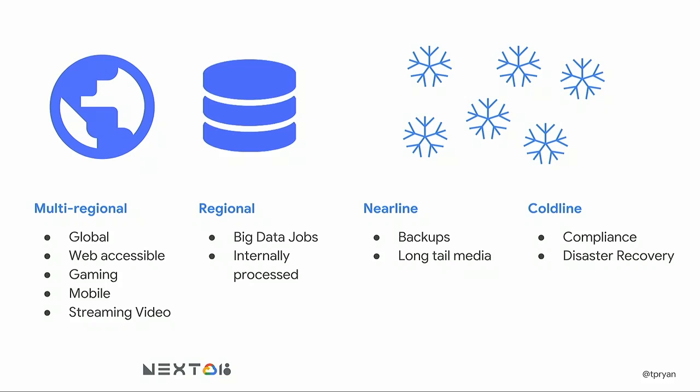Then we have two other options, Nearline and Coldline. Both are longer-term storage options. Nearline is for backups and long-tail media, right? It's stuff that you occasionally get to, and it's planned that you'd have regular access to it, but it's not something that you're getting every day. And then Coldline, I like to kind of say, when you're downloading stuff from Coldline,